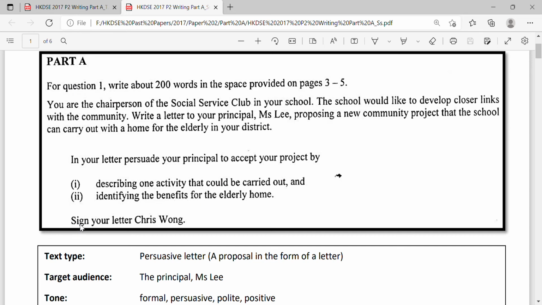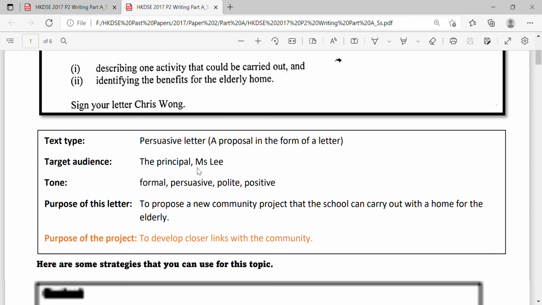And of course, if you're smart, if you try to convince your principal, Miss Lee, you are also trying to let them know what kind of benefits the school will get in accepting this project. I know that when it comes to helping people, we shouldn't think of what benefit we should have, but it would be more all-rounded if you try to persuade the school by stating how it would help our students, how it would help our school, how it would help the whole atmosphere in the school if possible. So here is the summary.